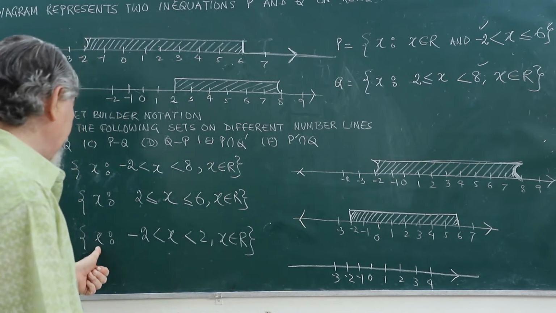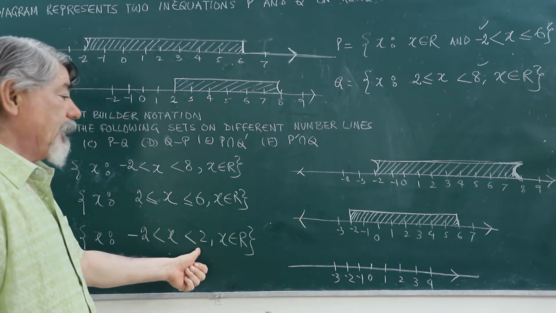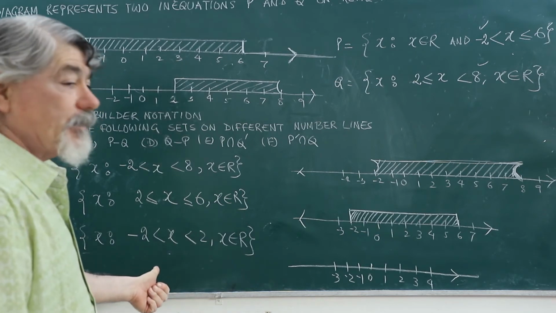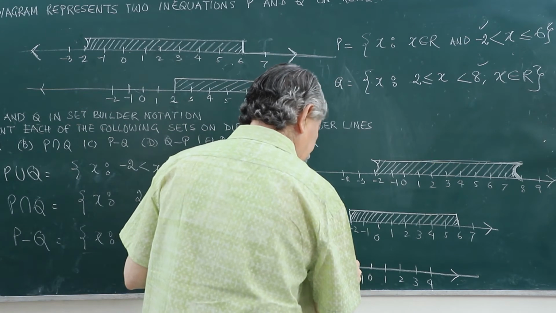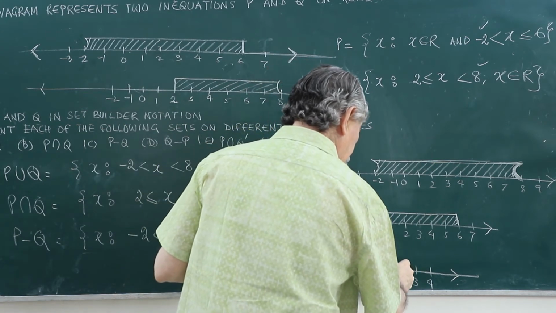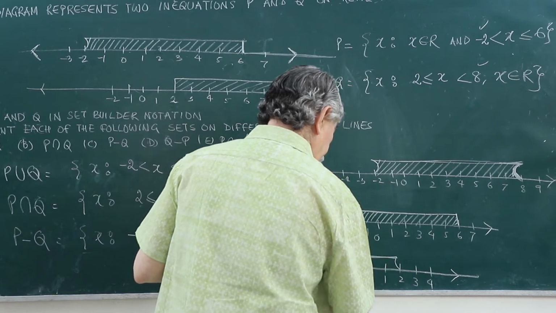So we are saying x such that x is greater than -2 and less than 2. So this is going to be the